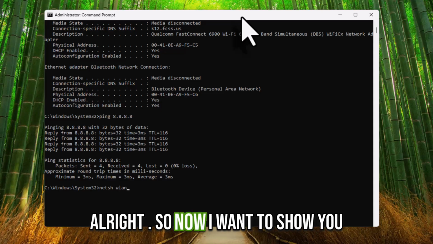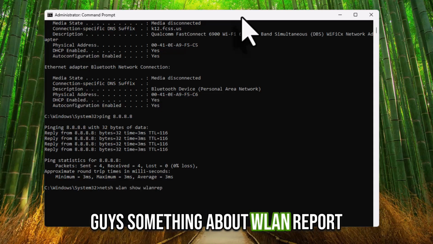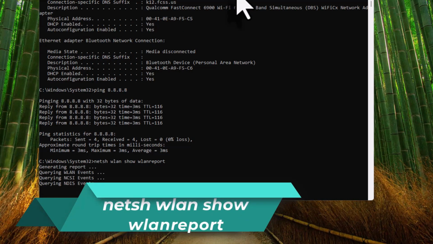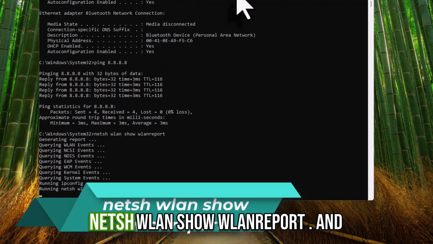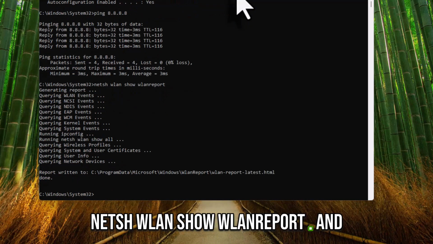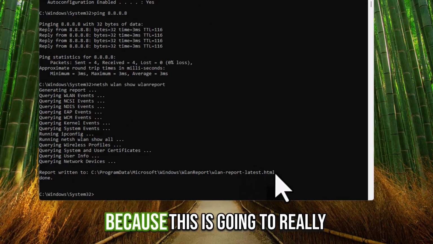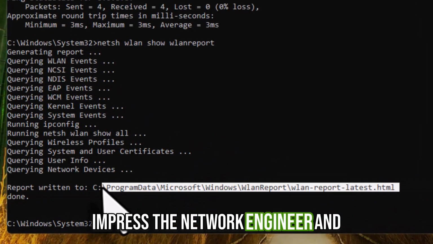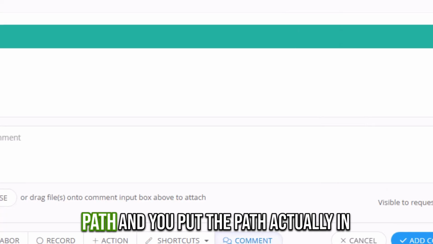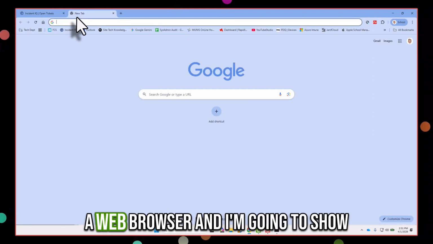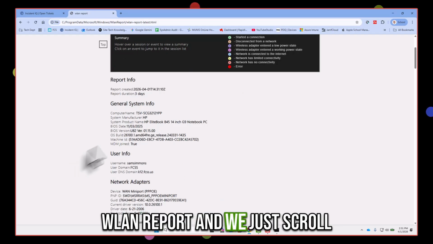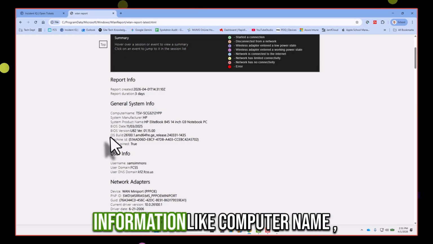So now I want to show you guys something about WLAN report. And the command to run that is netsh WLAN show WLANreport. And this is a very powerful report because this is going to really impress the network engineer. And we're going to copy that path, and you put the path actually in a web browser, and I'm going to show you what it looks like. So here's the WLAN report,